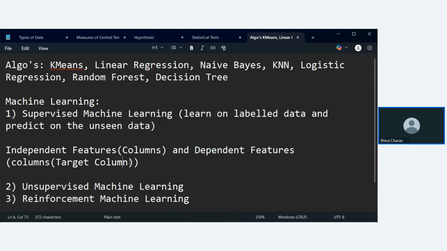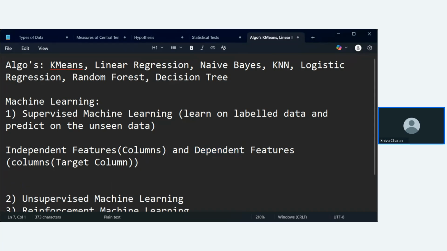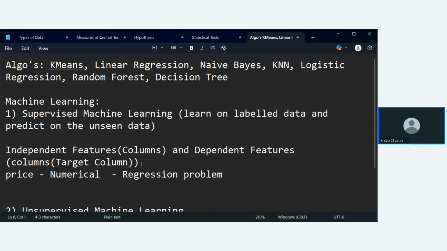Target column, right? So how is the price column over there? Price column is numerical, right? So we will call it a regression problem. Okay. And if the target column is, say, if you're trying to predict the brand of an ice cream, okay, we're having the price and we're having the ice cream flavor also, and we're trying to predict the brand of an ice cream, then